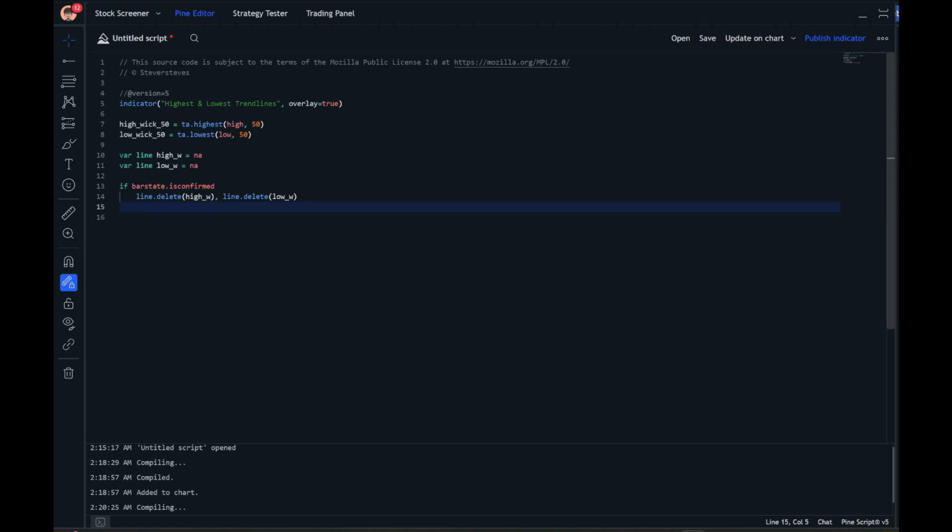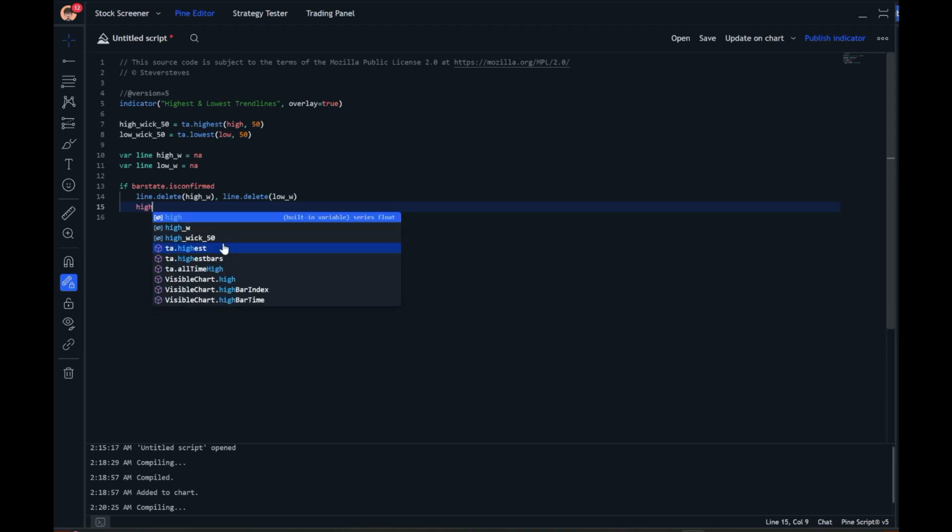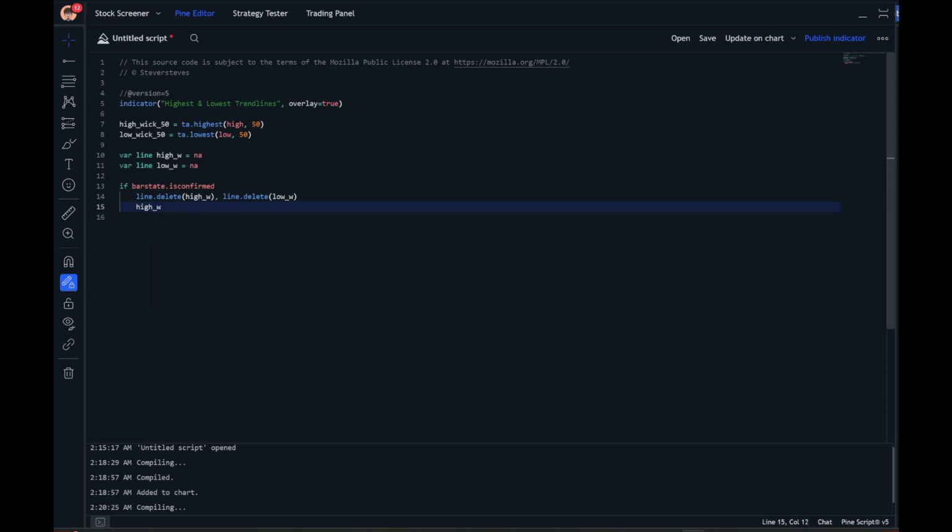Okay, so now we get to plot our lines. So what we do is we take our line title, which is high wick. We put a colon and an equal sign. This just means that we are changing the value. So anytime we have a value up here that we've declared something else, so we've declared high wick and low wick as not applicable, because we're redeclaring them down here with whatever value Pinescript is finding here, we need to clarify that, okay, we no longer want to say it's not available. We want to say that it's whatever value this is returning and whatever value this is returning, okay? So we're going to say colon equals,